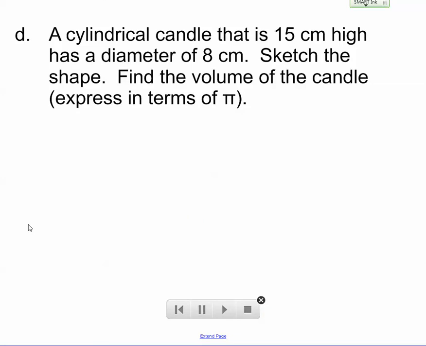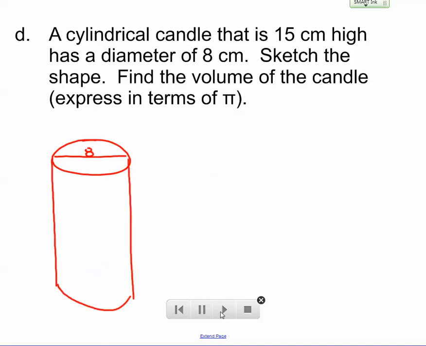Okay, now we've got a cylindrical candle that is 15 centimeters high, has a diameter of 8 centimeters. They want us to sketch the shape and then find the volume. Okay, no problem. So I've got a candle that's got an 8 centimeter diameter, and it's 15 centimeters high. So there's my candle. I'm not going to bother with the wick and the flame and all that stuff,